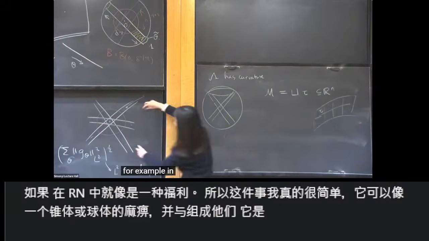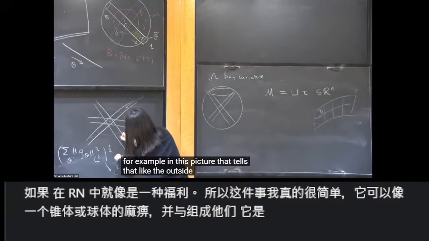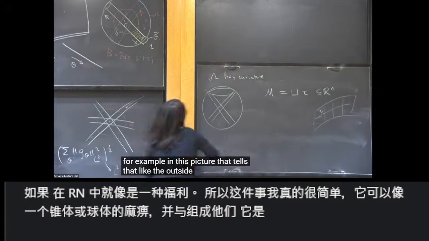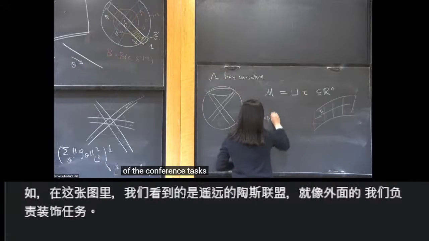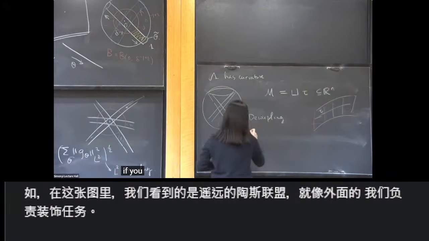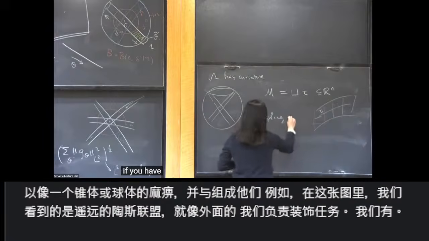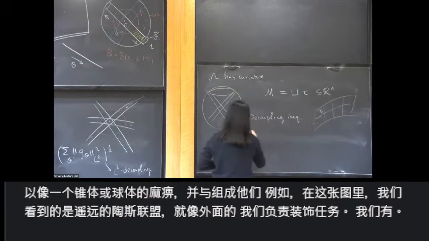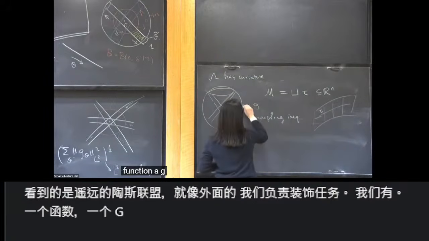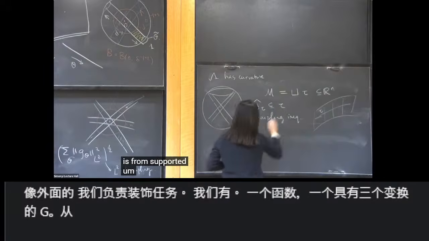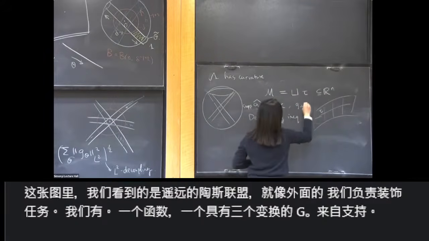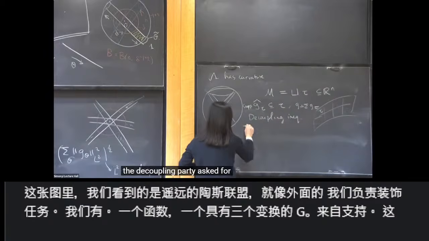For example, in this picture, the taus are like those outside of the tube. The decoupling asks: if we have a function G with Fourier transform G_tau supported on tau, and G equals the sum over G_tau, the decoupling inequality asks for what